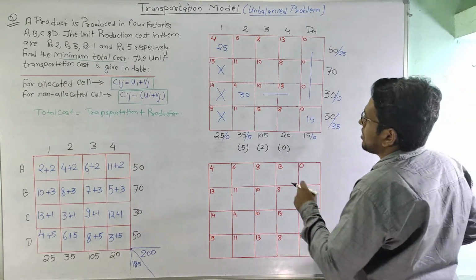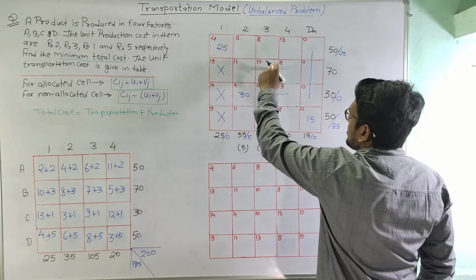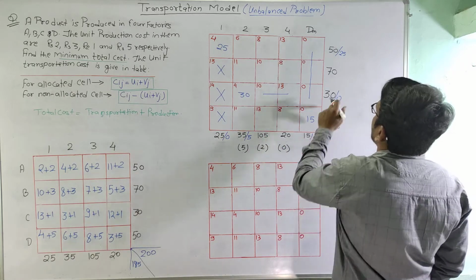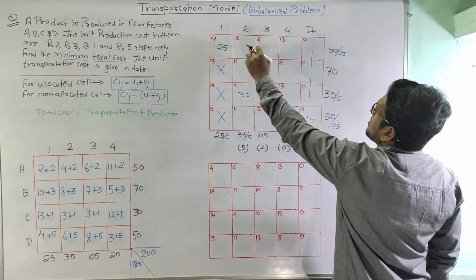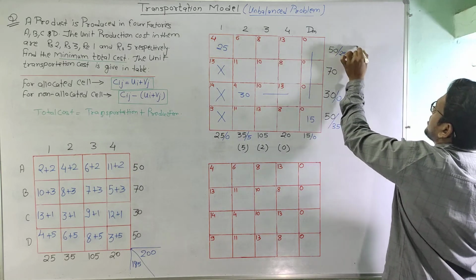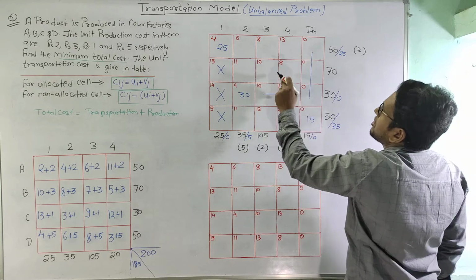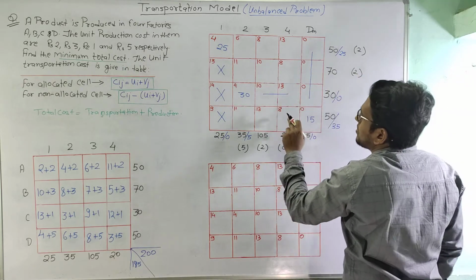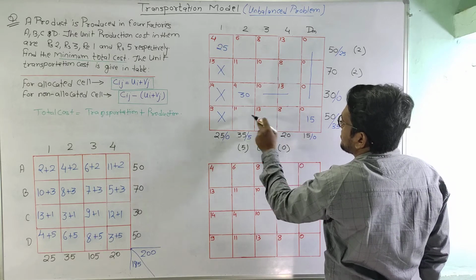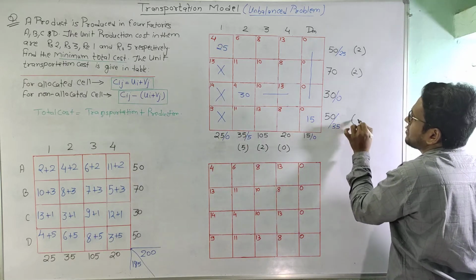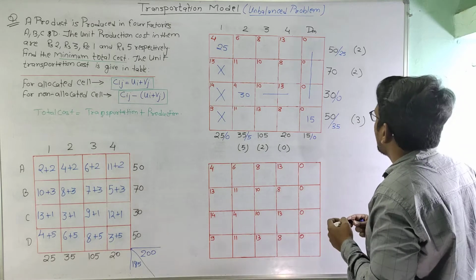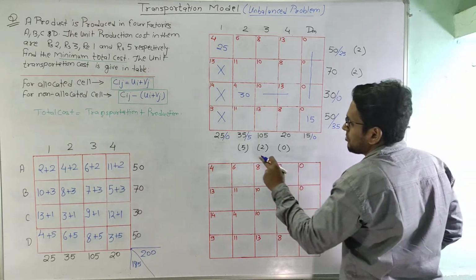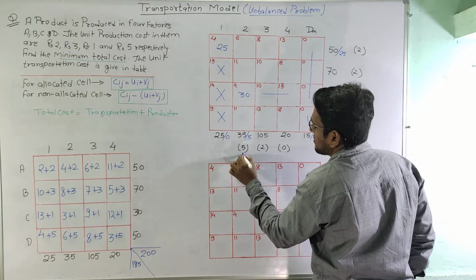So the column this time does not change, that means these values will remain same. So we will calculate for row. Minimum is 6, next minimum is 8, so the penalty is 2 here. Minimum is 8, next minimum is 10, penalty is 2. Minimum is 8, next minimum is 11, and the penalty is 3. So now among these we can see that maximum value is coming as 5, so we will select this now,